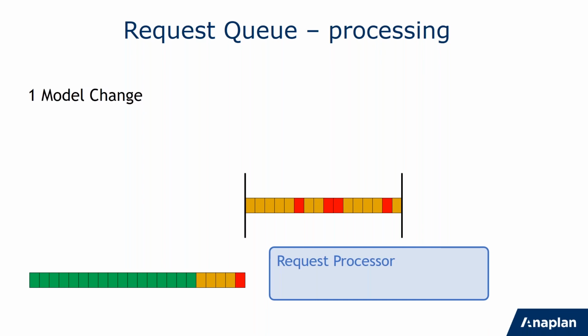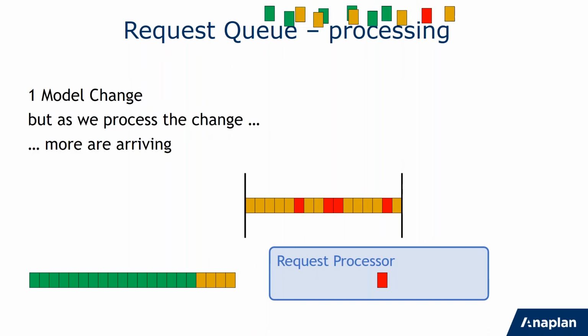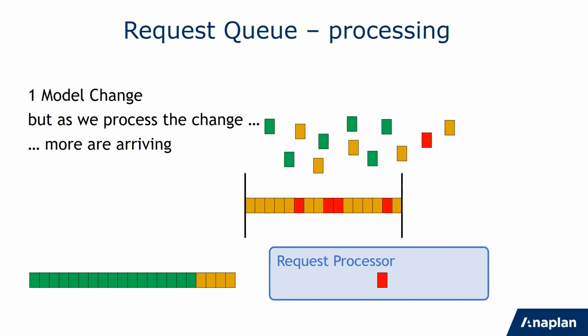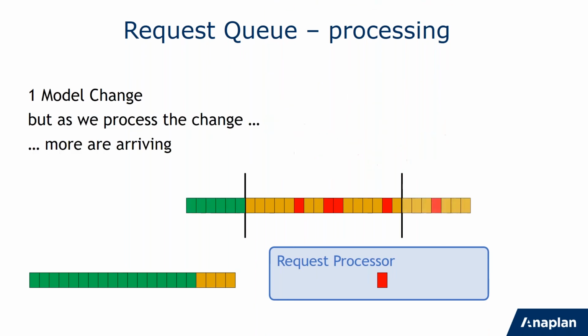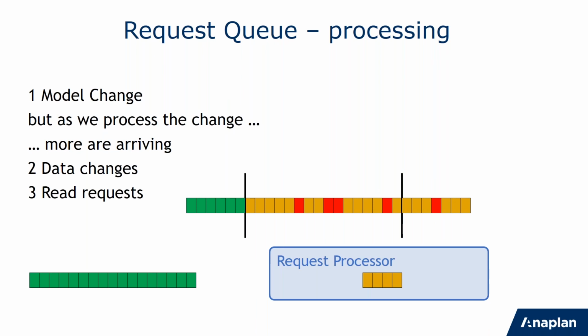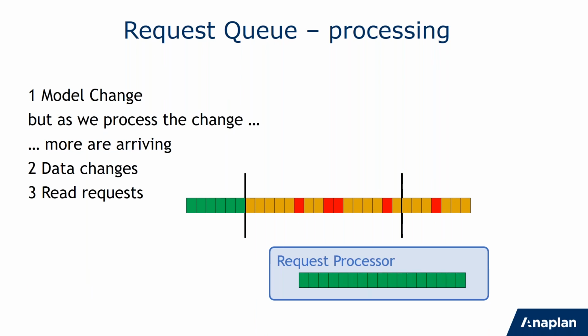and while we're processing it, there's probably a lot more happening. More users are making requests, so their requests are coming in. The read requests, the pure read requests at the front, and everything else at the back. And we process the data, and then we process the views. And okay, so we're now going to go back to a new run.